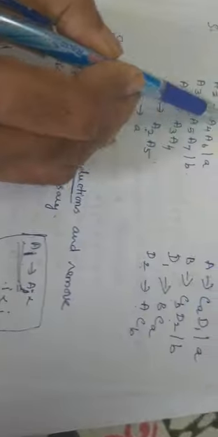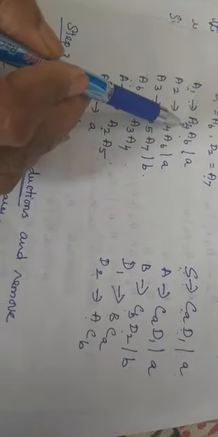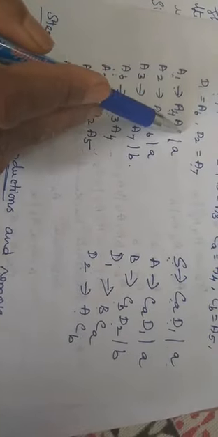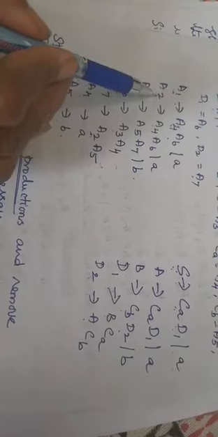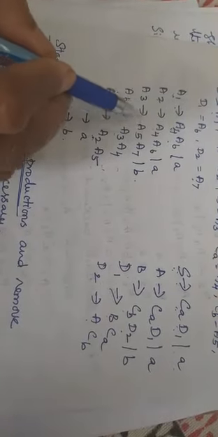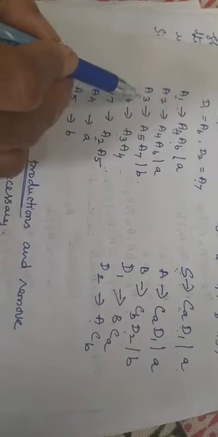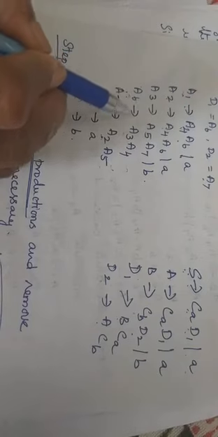See, now this is the I value, and this is the J value. So the I value is less than the J value. A1 is less than J. Okay, this is correct. Order is correct. A2, so this is I and this is J. So I is less than J. This order also is correct. And here also I is less than J. Order is correct.